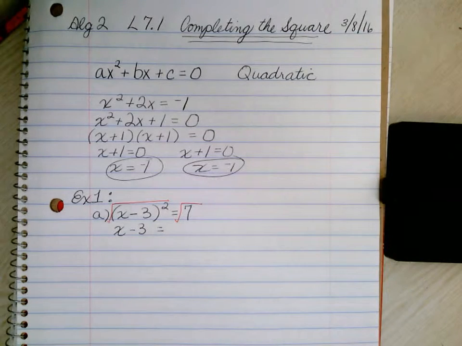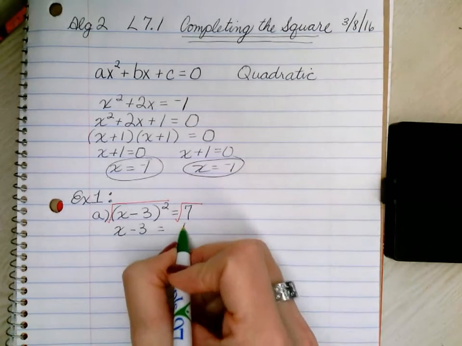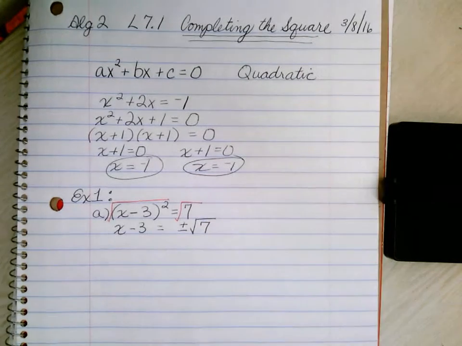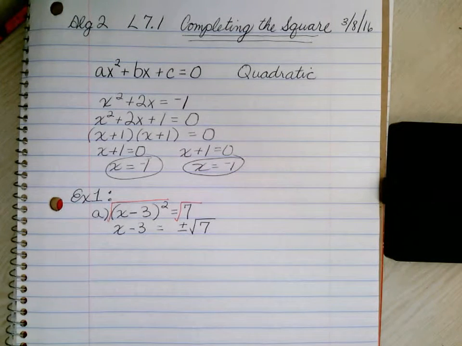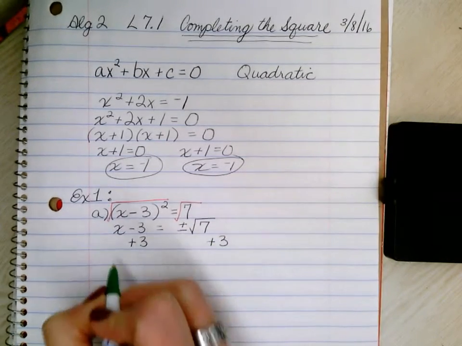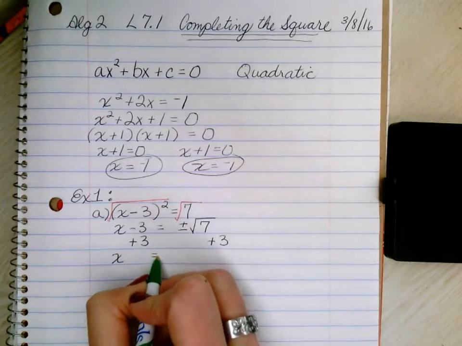The square root of 7 can be a positive or negative, whatever the square root of 7 is. If you plugged it in your calculator, you'd get some crazy number, right? All right. Continuing, I can add 3 to both sides, and now I have x equals